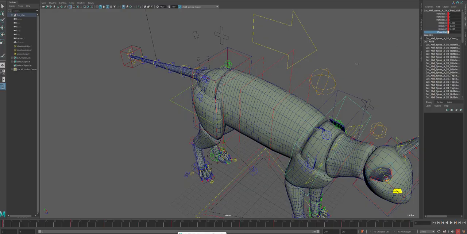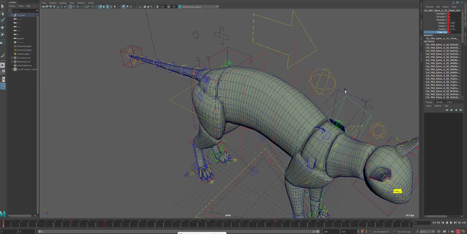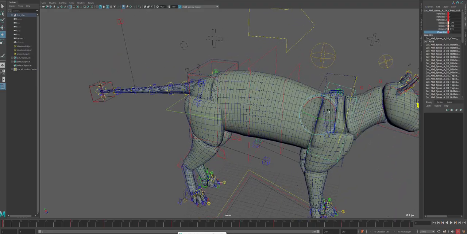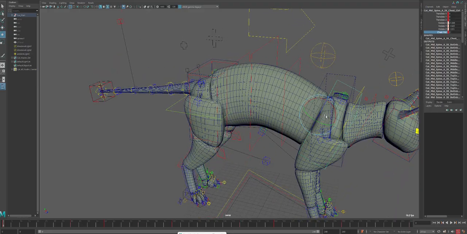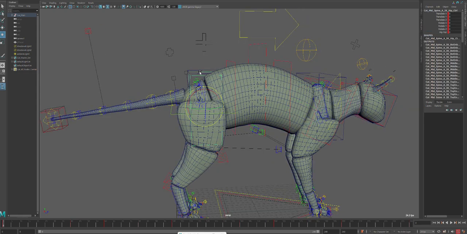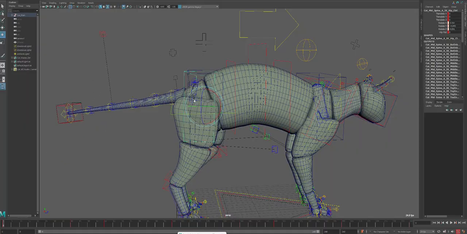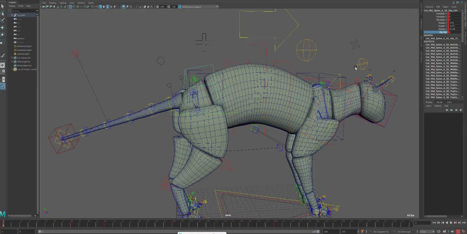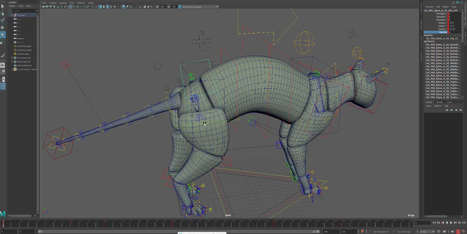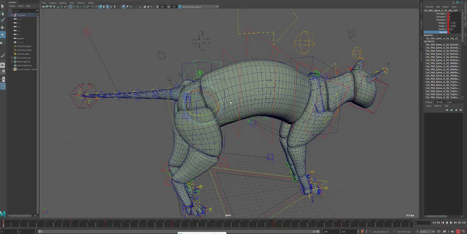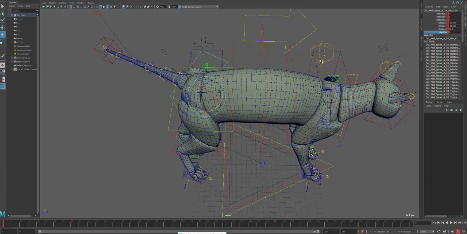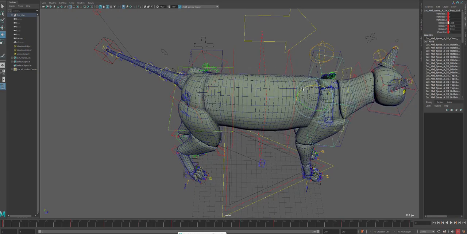You can decide here how much this will be affecting the spine. So you can have these guys moving with the chest control, and the same goes for the hip. So you can decide how much it is affecting the hip. So you can simply and easily have this arc shape,